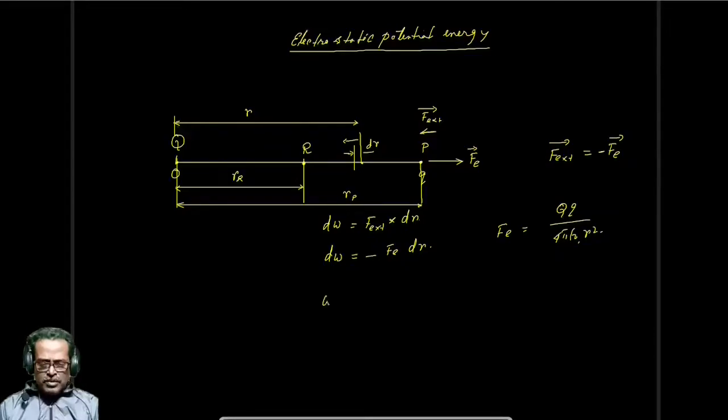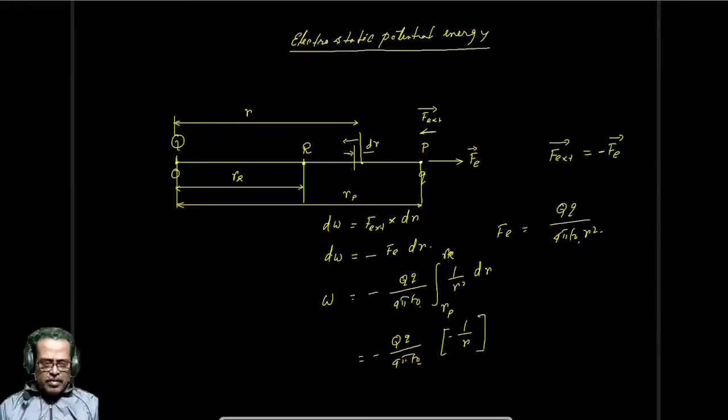So W is equal to minus Qq by 4 pi epsilon 0, this is a constant part, times the integral of 1 by r square dr, from the initial position Rp to Rr, which equals minus Qq by 4 pi epsilon 0 into minus 1 by r from Rp to Rr,